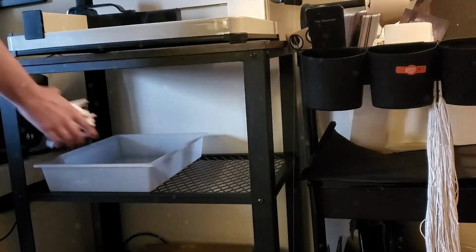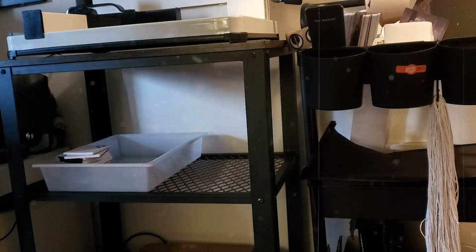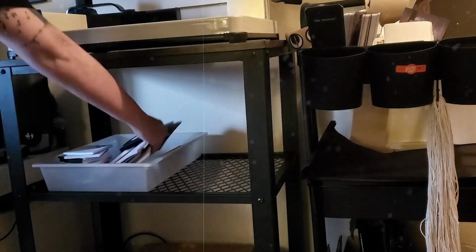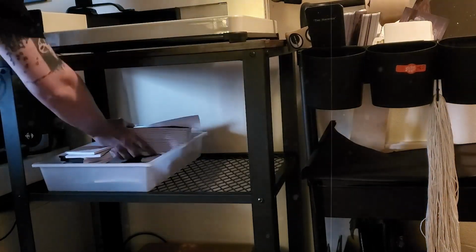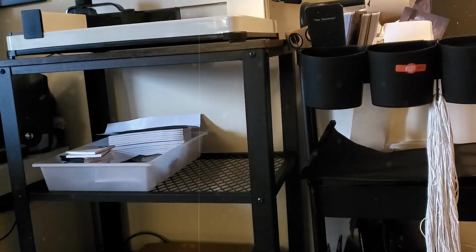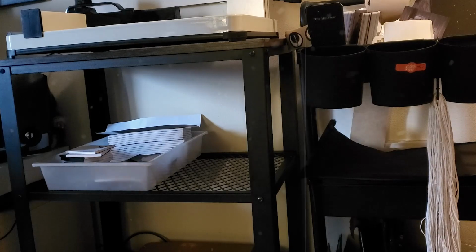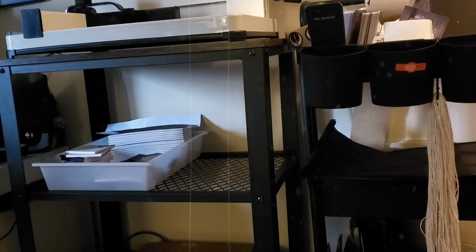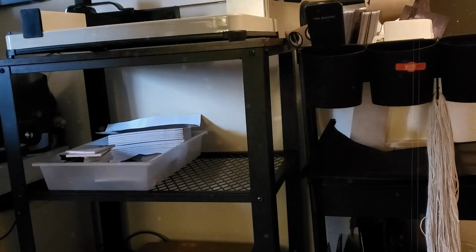But then I have these shelves, where the one I'm going to be using for after I bind the notepads, I can just set over there, because I don't always get to cutting things right away, and I still have a bunch from the last batch that need cut. I was just waiting until I bind some more because I have another batch that I need to do here shortly. But you can get a little view of the mobile shipping cart,